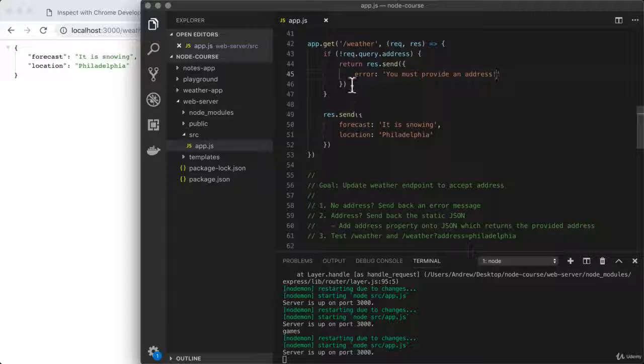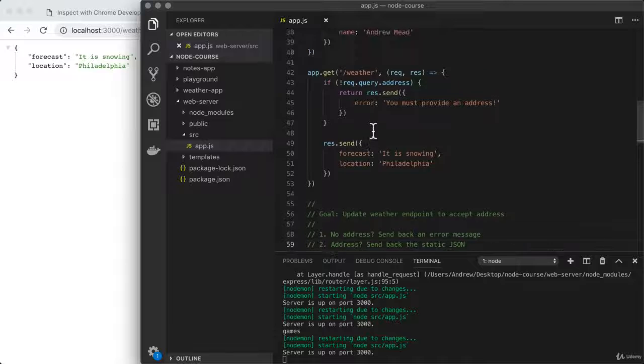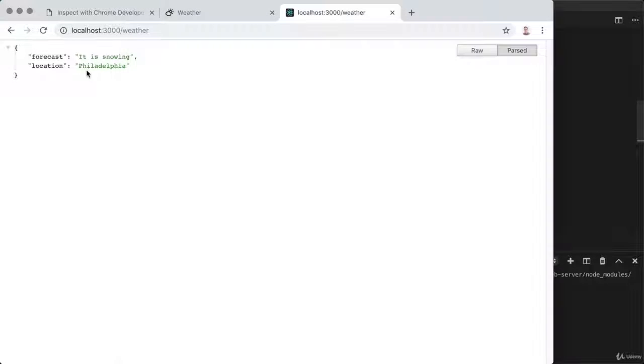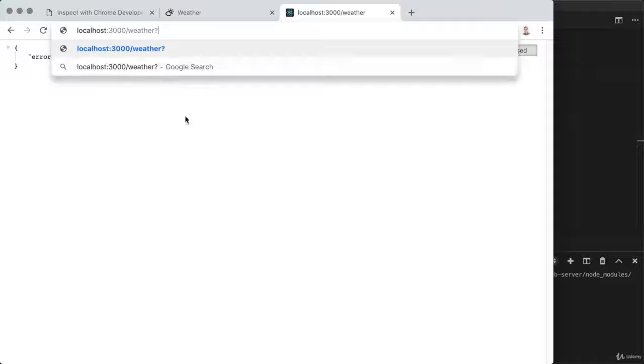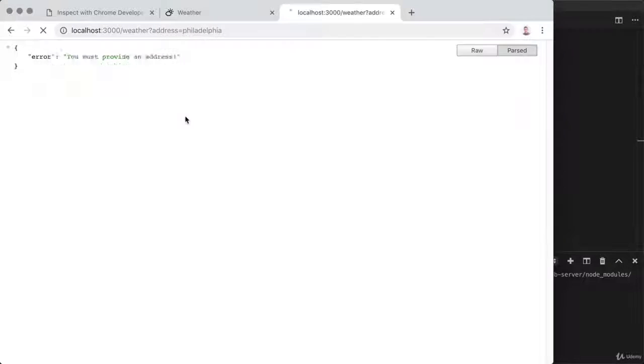Now we have the error handling set up. If there is an address, I want to continue to send back the JSON, and that is exactly what this code is going to do. If there is no address, I now get my error. Let's go ahead and set one up though. We use the question mark, address equals, I'll use Philadelphia as mine, and right here I do indeed see that